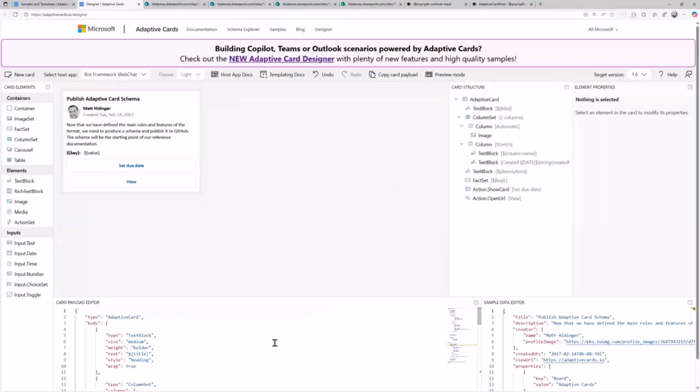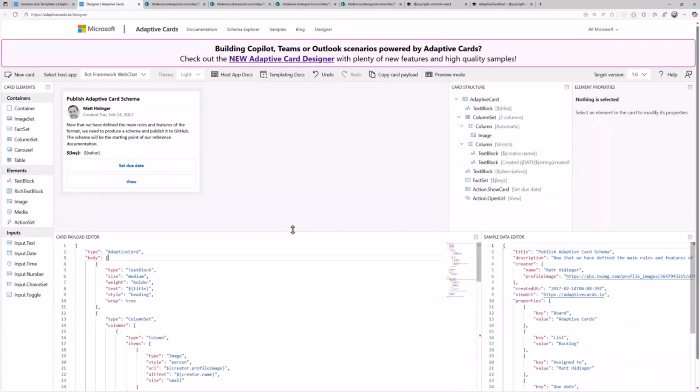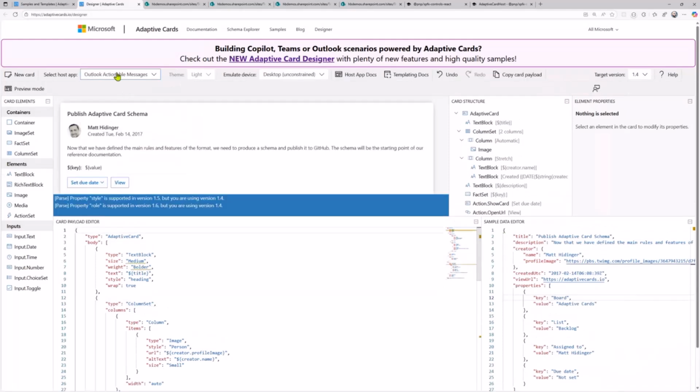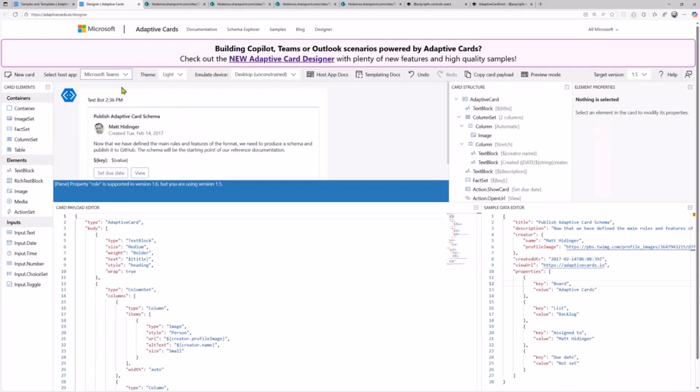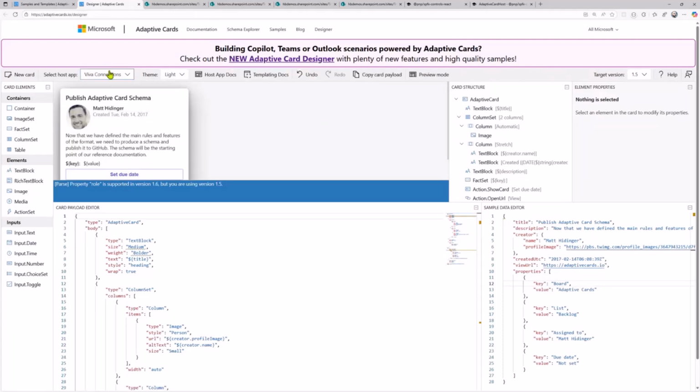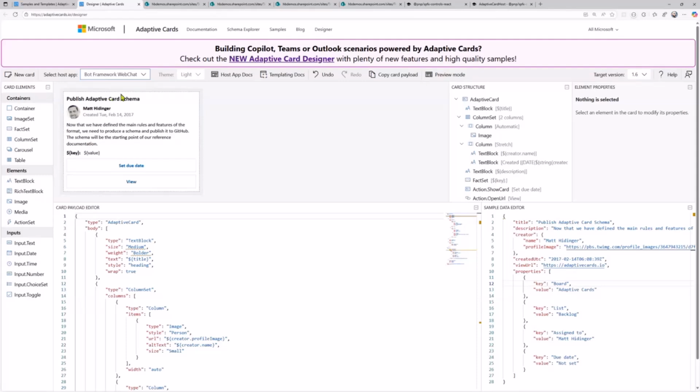But here I can actually just completely change what the card looks like by following a schema that's predefined. I can change the data, and then I can just show the data in different formats. So within Teams, or rather within Viva Connections, and so on and so forth. So the idea here is we're separating the presentation from the data, and we make it adapt in the environment